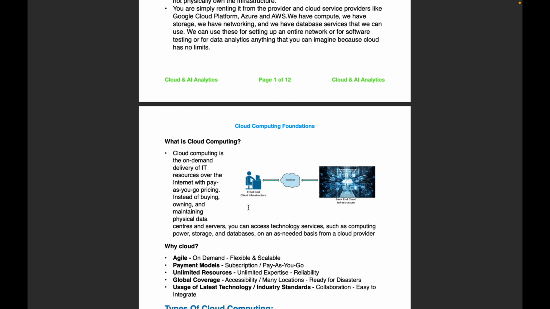But when it comes to cloud computing, we pay only for what we use. We thought we were going to go with only 1 TB of data, but in real time there is more than 1 TB of data. So instead of renting it, we will request more storage, and the cloud platform will assign that cloud storage. So even if there is a huge volume of data, a huge volume of compute service involved, and huge databases also involved,